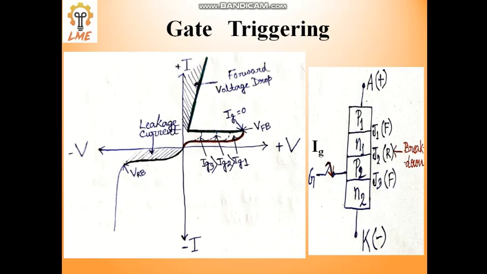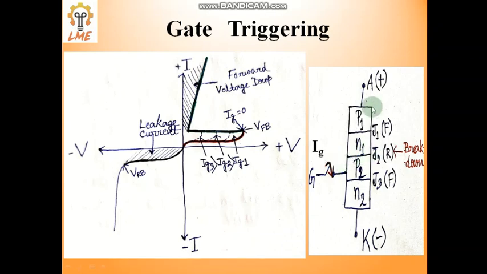Let's look here. Anode is positive, cathode is negative. Same thing: junction 1 is forward biased, junction 3 is forward biased, and junction 2 is reverse biased. By using this anode and cathode, pressure is created over junction 2's dielectric strength, and we have to break this dielectric strength. Breaking it is possible by creating pressure with anode and cathode with the gate terminal open, but here we destroy this